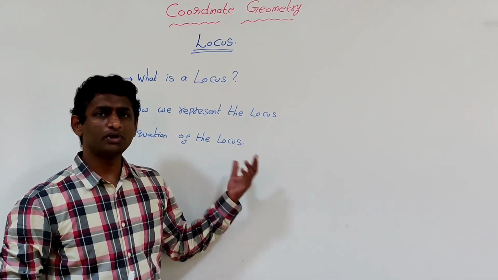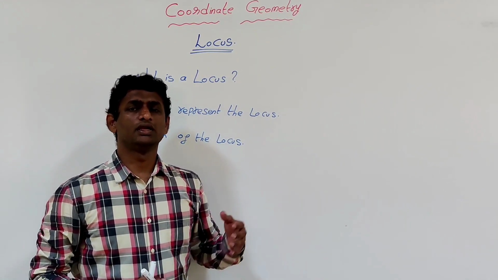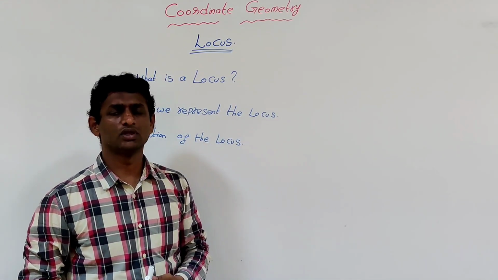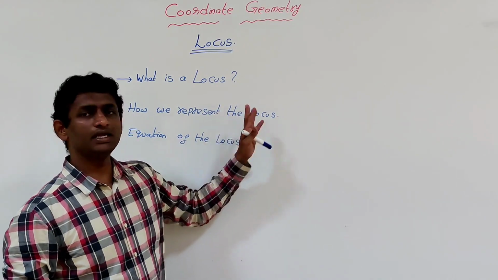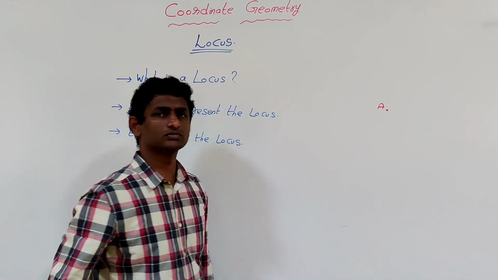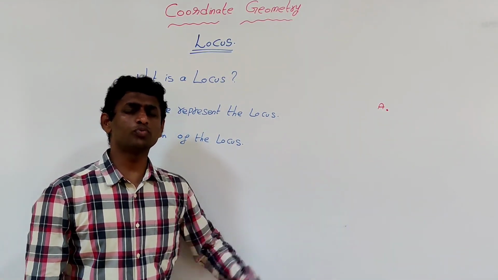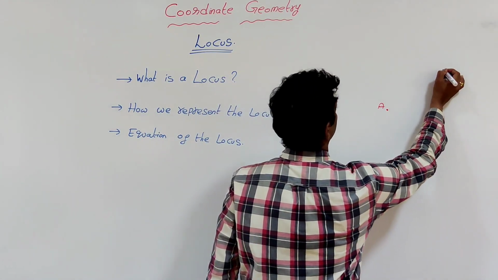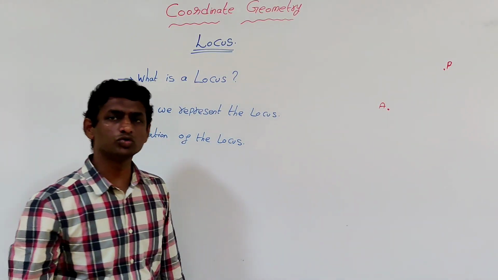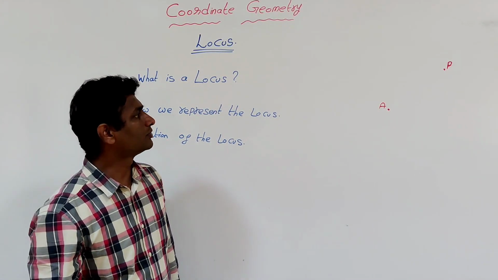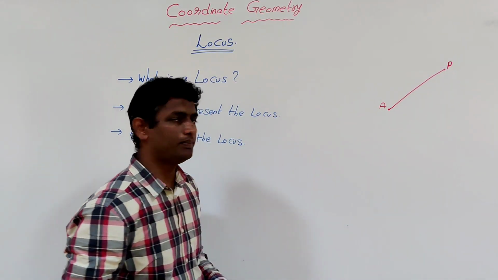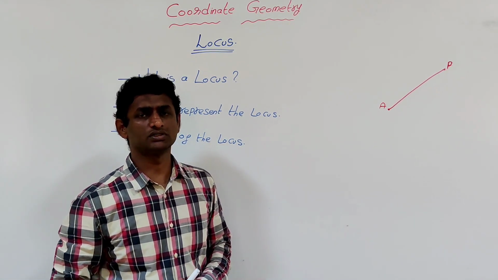A whiteboard in geometry is a plane. In a plane, an infinite number of points exist. Now, choose a point in the plane. Assume that it is A. And choose one more point in the same plane. Assume that it is P. So, A and P are 2 points in the plane. Now, join A and P, and there will be some distance.